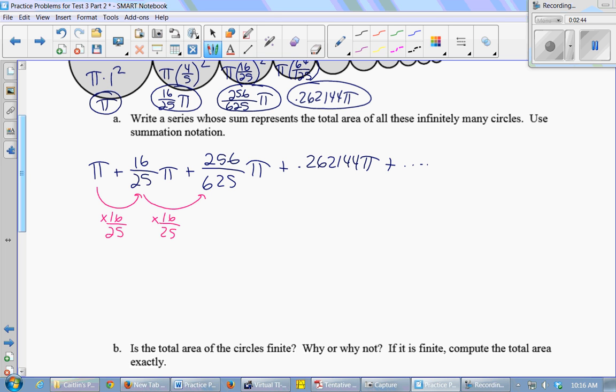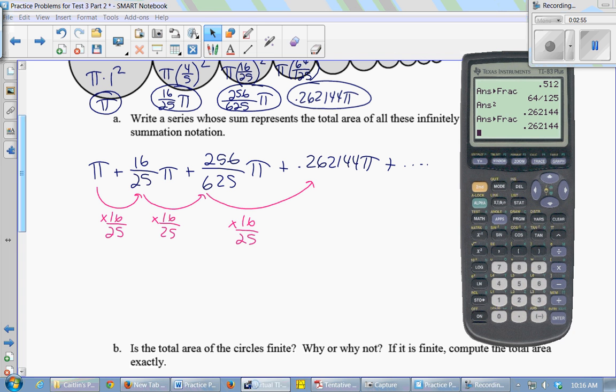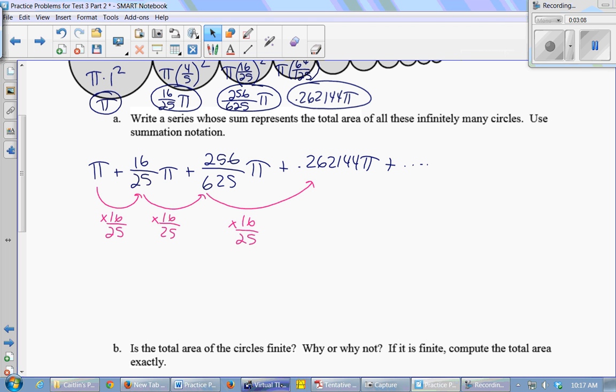Right, 16 times 16 is 256, 25 times 25 is 625, and then we should double check that times 16 over 25 gives me this decimal. So 256 over 625 times 16 over 25 is that decimal. So yeah, we got it. So this thing is geometric. That's going to help me come up with the final sum, but first thing I want to do is write